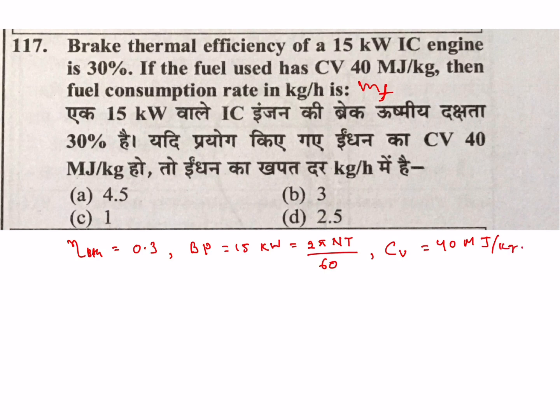So brake thermal efficiency is equal to brake power divided by mass of fuel into calorific value. We have to calculate m dot f, mass flow per second. 15 kilowatt is 15 kilojoule per second,